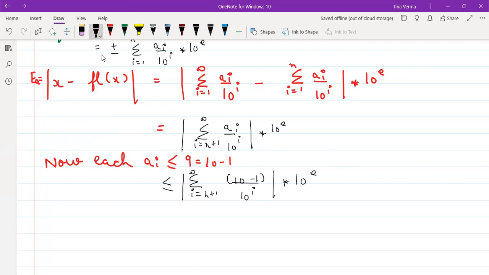Okay, any doubt up to here? Now 10 minus 1 is independent of i. Can I take it out from the summation? Yes or no? 10 minus 1 is independent of i, so I can take it out from the summation. So that will be 10 minus 1. And it is a positive part also, so I can take it out from the modulus. This will be summation i equal to